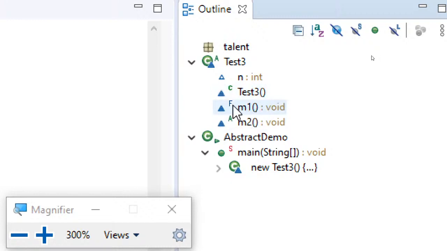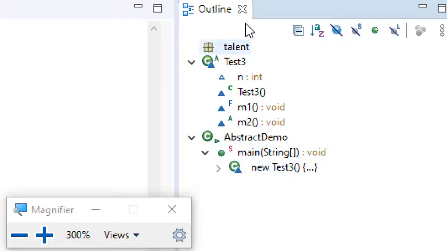And here the M1 method, which you can see has a capital F, understand that it is a final method. I have declared it final now. And M2, again there you can see capital A, which indicates it's an abstract method, and for main you can see a capital S, indicating that it is a static method.